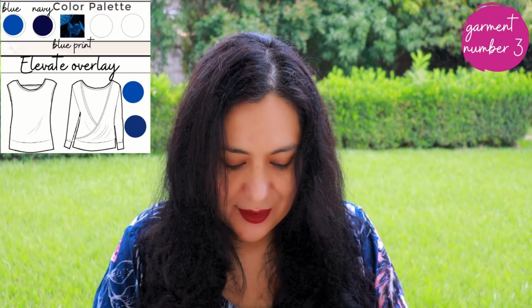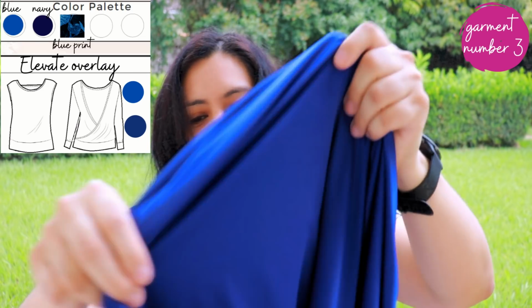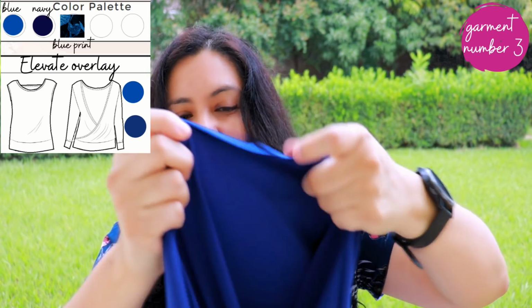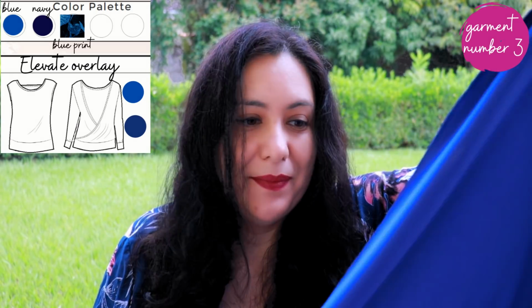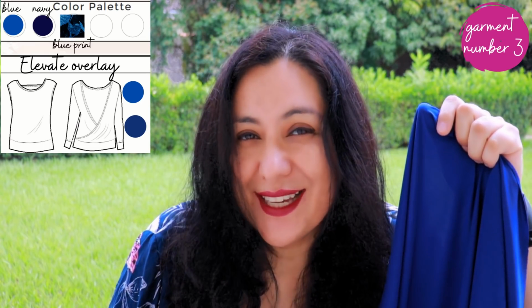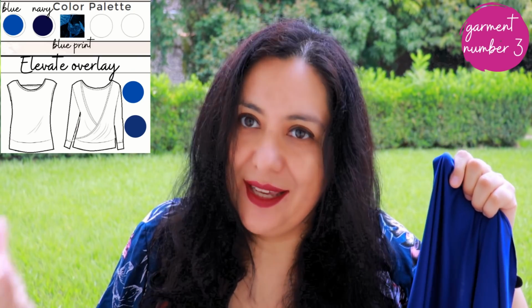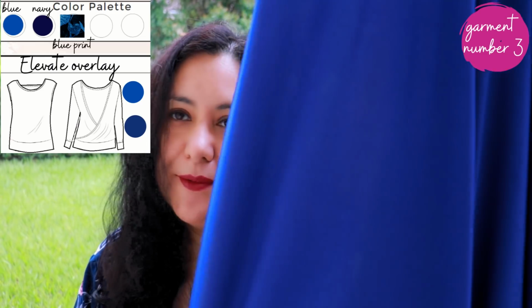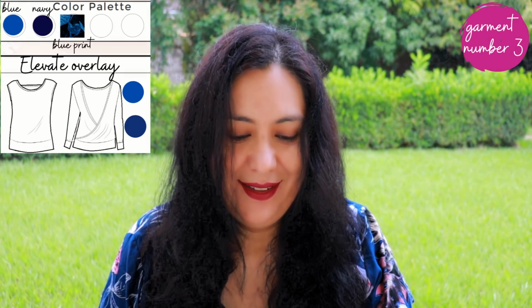And I've got 2 fabrics here. They are athletic knits, lightweight. And one is royal blue. It's really nice. I think if I can make the pattern work for a really light knit, I'm gonna be really happy, because this will replace a tank top. It will just be like a different tank top. I love that crossover detail on the back and how you can get a little bit of air at the back there. So I will make it in this royal blue,